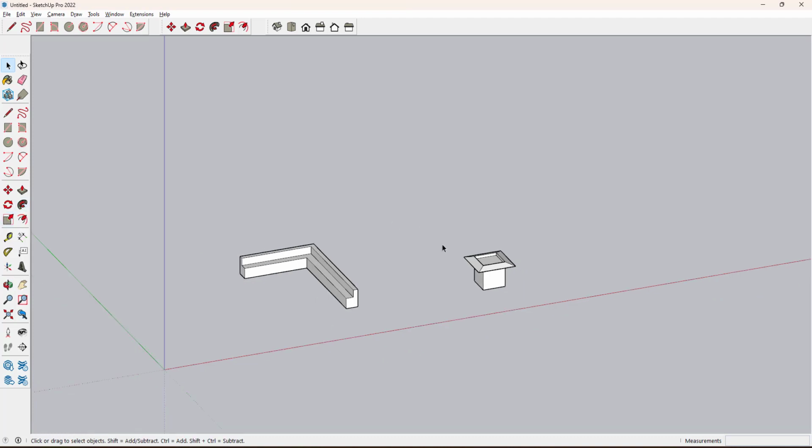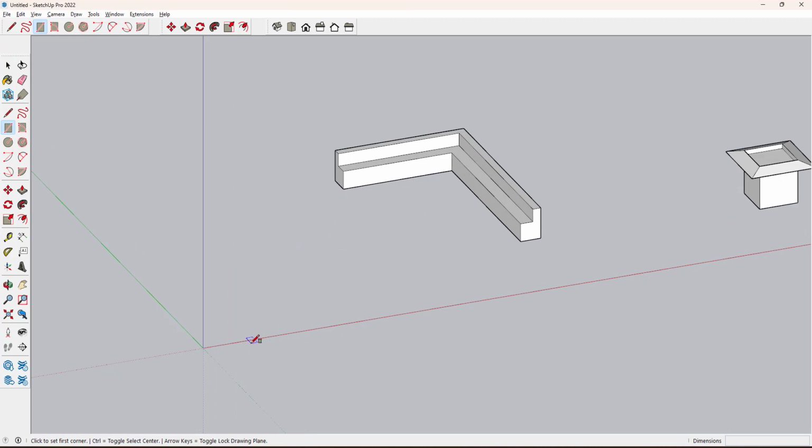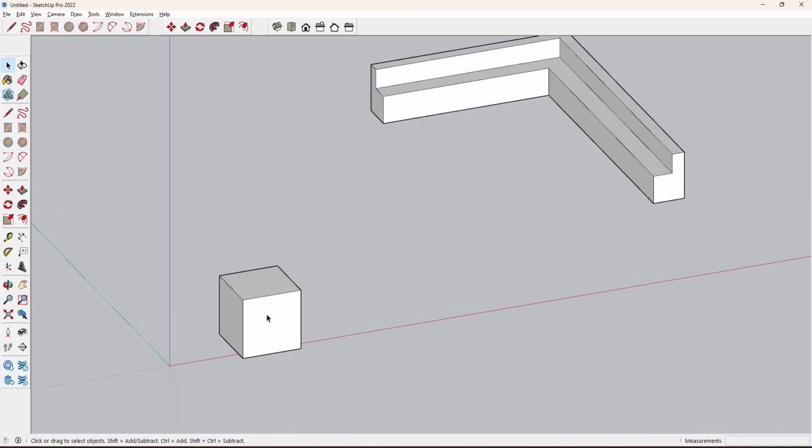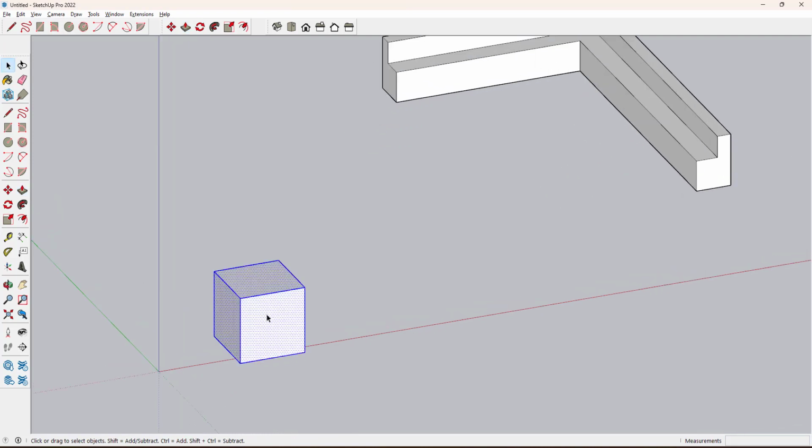Next one is scale. I just draw a square about 3 by 3 and then push it about 3. So now this is a 3 by 3 by 3 box, which is in a 1:1 ratio. I draw a line for reference purposes, that is 3 meters or 9 meters, which is 3 times greater than this box. Next, if I want to scale up this box 3 times, 2 times or any proportion,